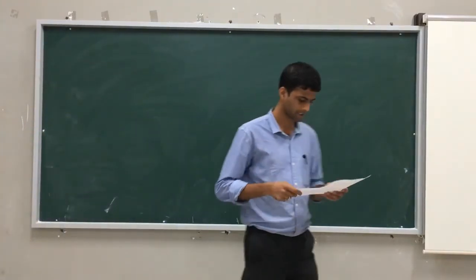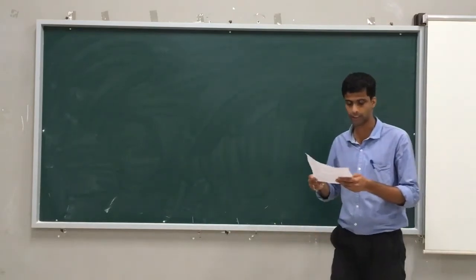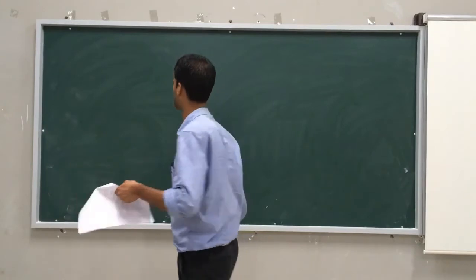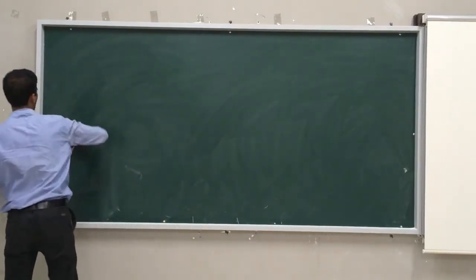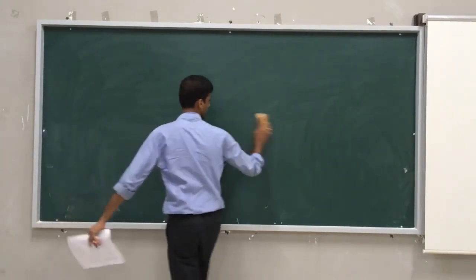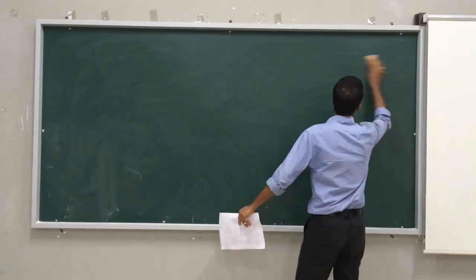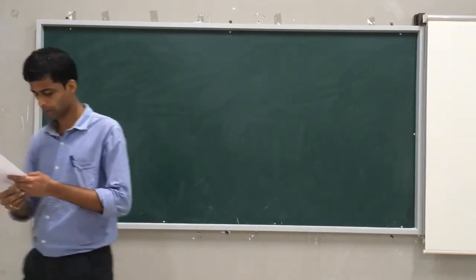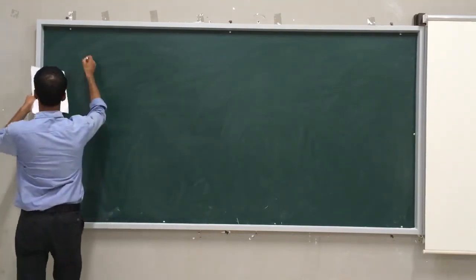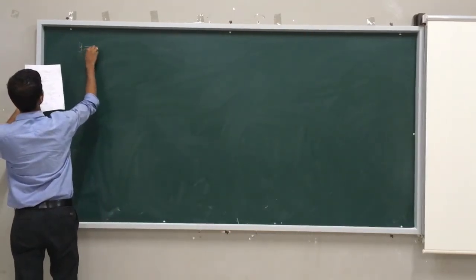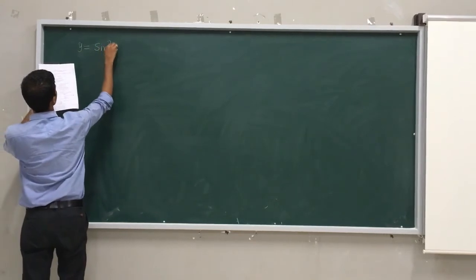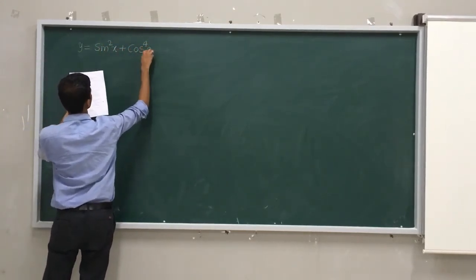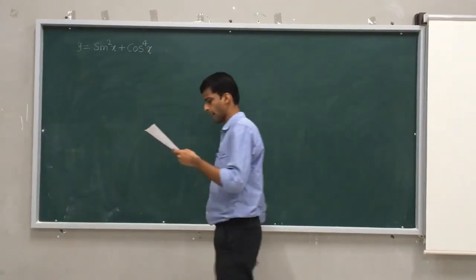Now we will discuss the next question. It is question number 40. A bit interesting question that we will discuss now. What is given in question number 40 is, if y is equal to sin square x plus cos raised to 4x, then for all real values of x,